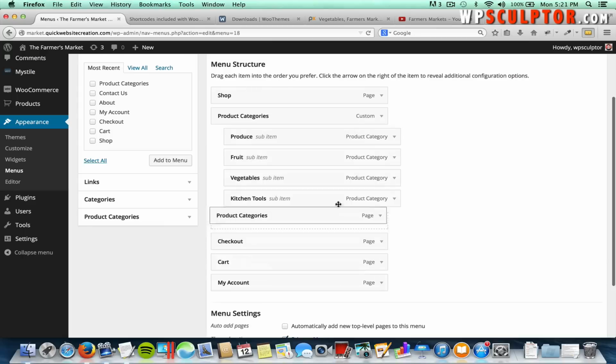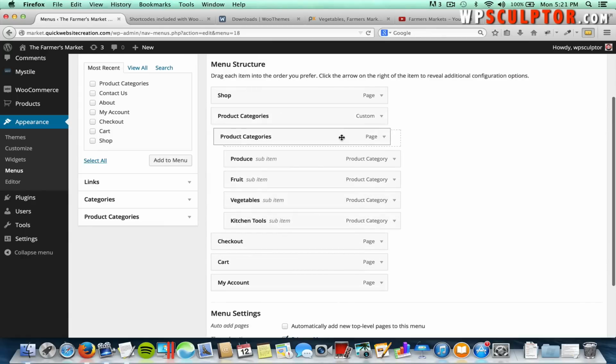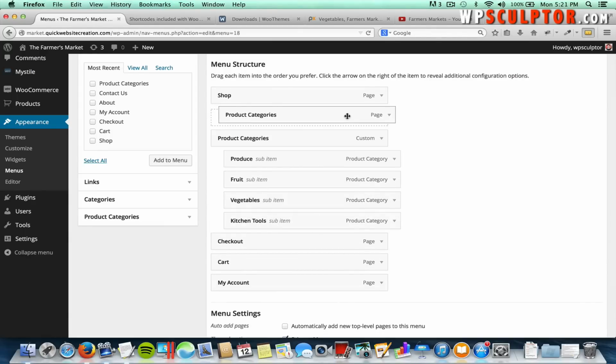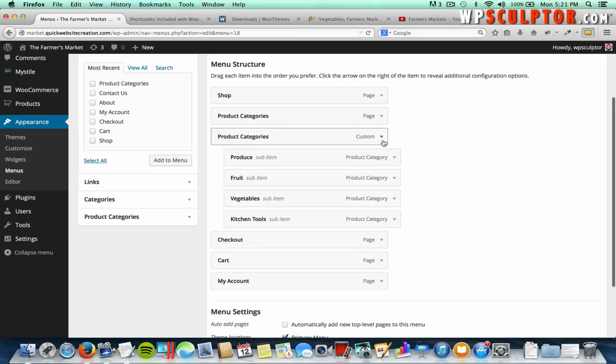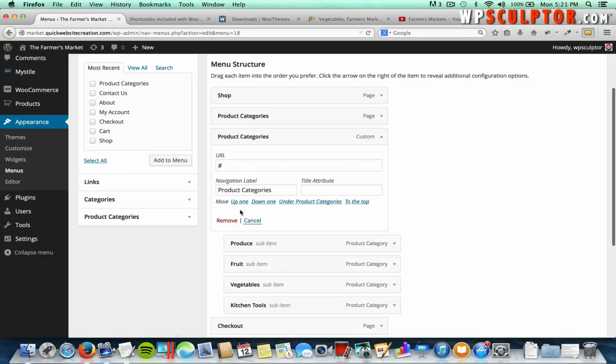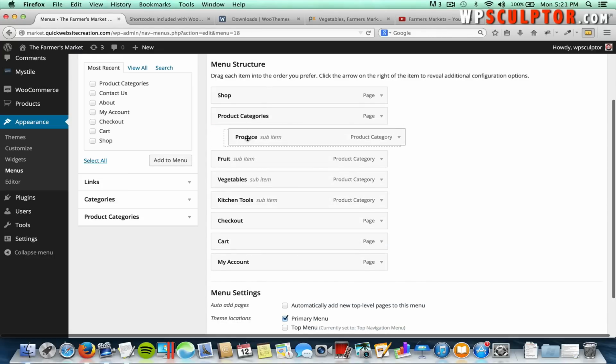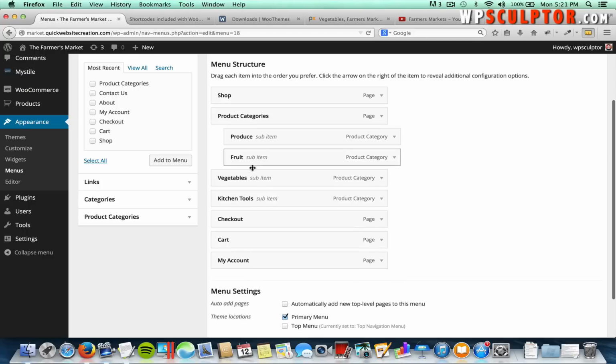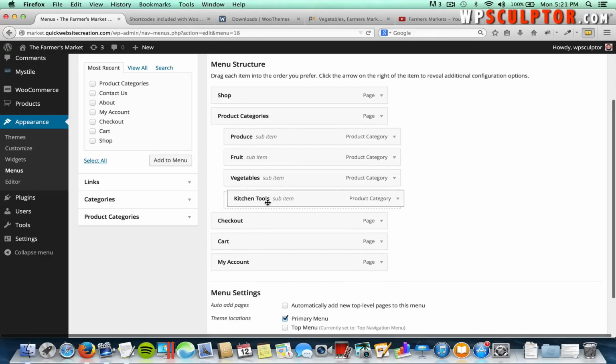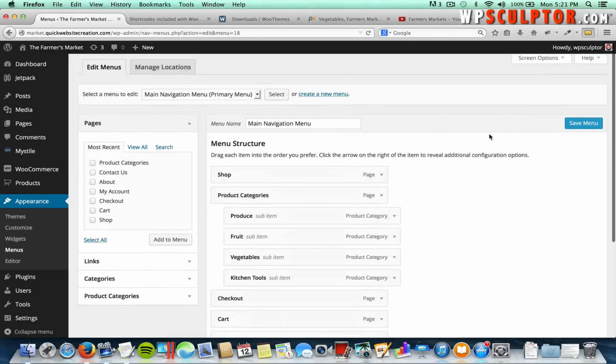And we're going to click, hold, and drag this up to the top there, above the other one that we created. And then now we need to delete the one that we created earlier, so we're going to click on the arrow and click on Remove. And now we need to drag these individual product categories underneath our product categories menu item, just like that. And now when we save the menu